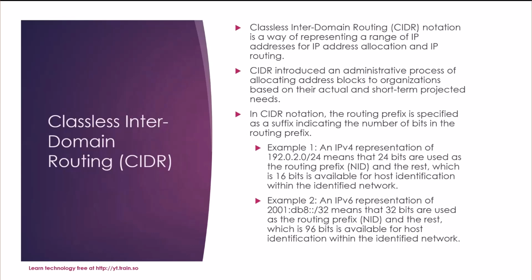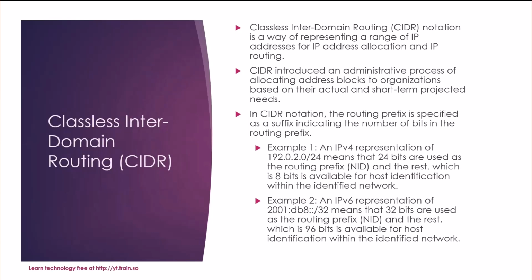CIDR introduced an administrative process of allocating address blocks to organizations based on their actual and short-term projected needs. So here you have flexibility for defining various IP address ranges. With the previous classful, you had less flexibility. We will see them. In CIDR notation, the routing prefix is specified as a suffix indicating the number of bits